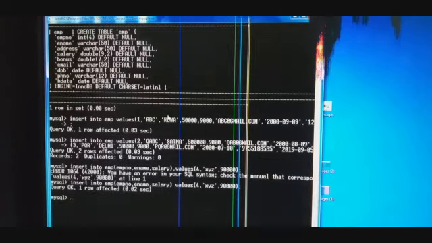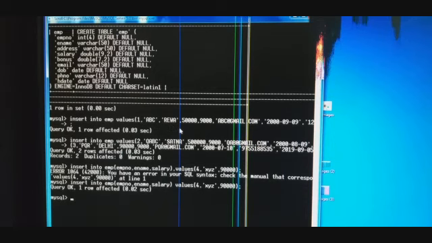After displaying the structure of the table, now in order to insert records in the table, we have to use the insert command, and for that we have the syntax insert into table name values, afterwards value 1, value 2, value 3, value 4, and so on.